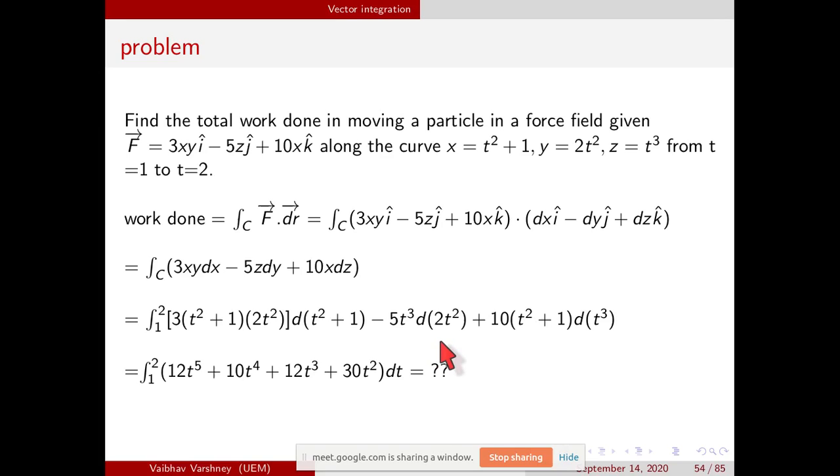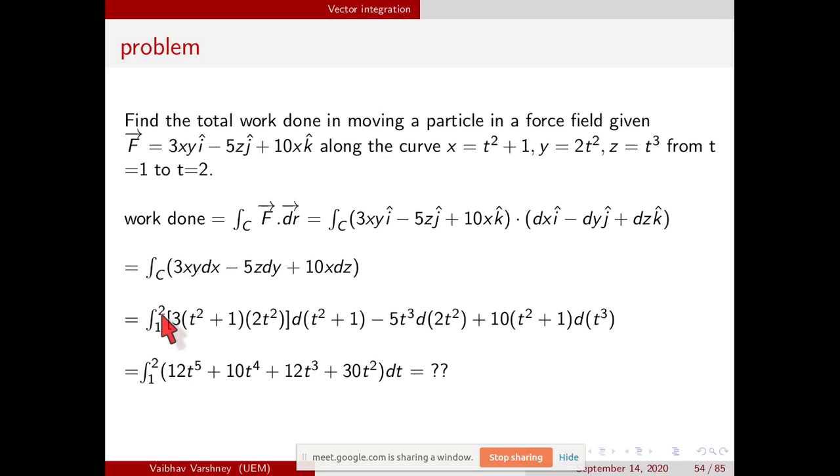Okay. So if one is getting it, then it must be true. You all will get it. So just integrate it now. Great. So just integrate this whole term, and use the formula integration of x to the power n is equal to x to the power n plus 1 upon n plus 1. Just use that formula, integrate this whole term, put the limits and tell me the answer.